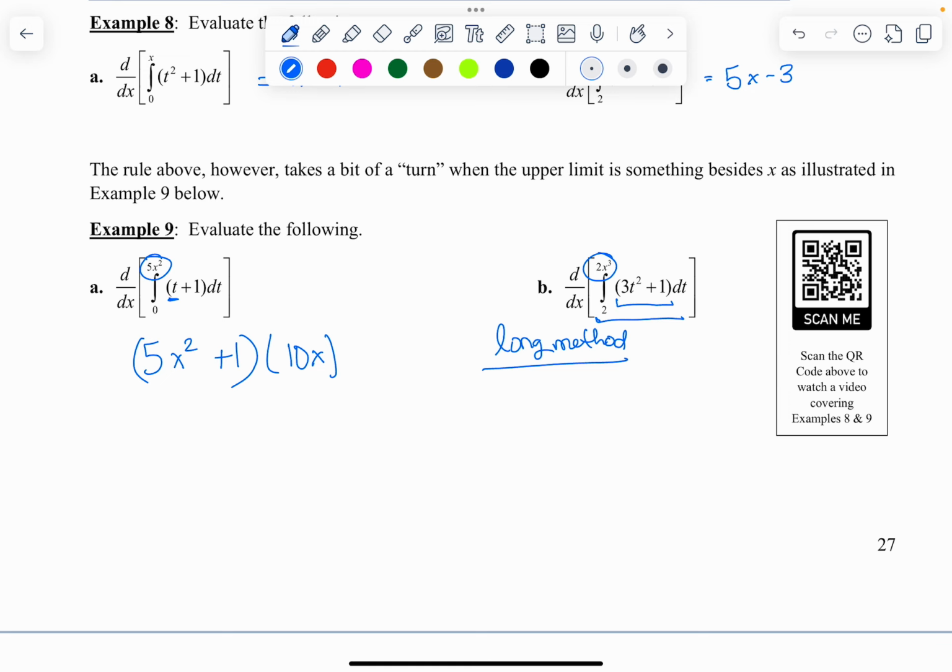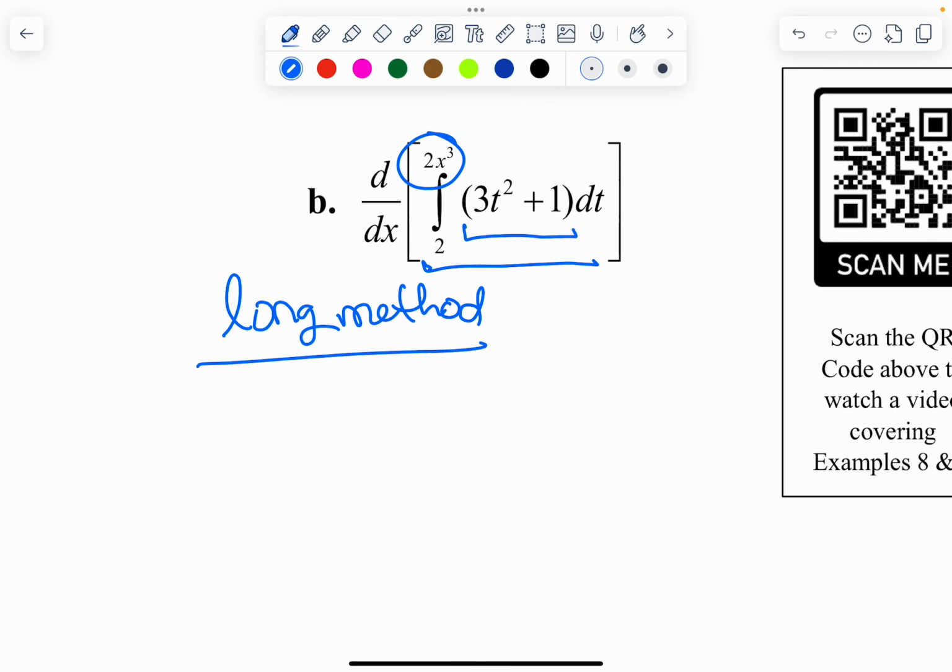So the integral of 3t squared is going to be 3t cubed divided by 3, which is t cubed. And the integral of 1 is going to be t. And we are integrating this from 2x cubed to 2. So now I've integrated the function. I am going to use the fundamental theorem of calculus and plug